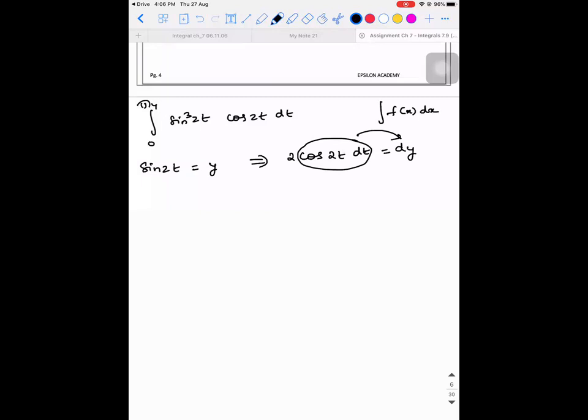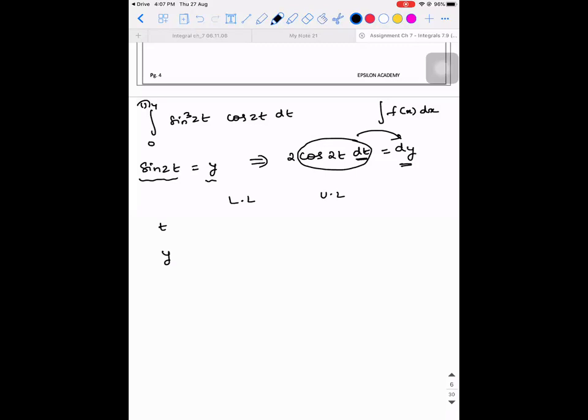Am I right? Yes, sir. You need a function and you need a differential coefficient. So instead of dt, I have found what dy is. But I have taken sine 2t as y. There is another function also involved in the question, because sine 2t is not there. It is sine cube 2t that is there. So what I need to do is change the limits. How do I do it? Observe the lower limit and upper limit. This is for the variable t. This is the corresponding value for y. So what is the lower limit of t?